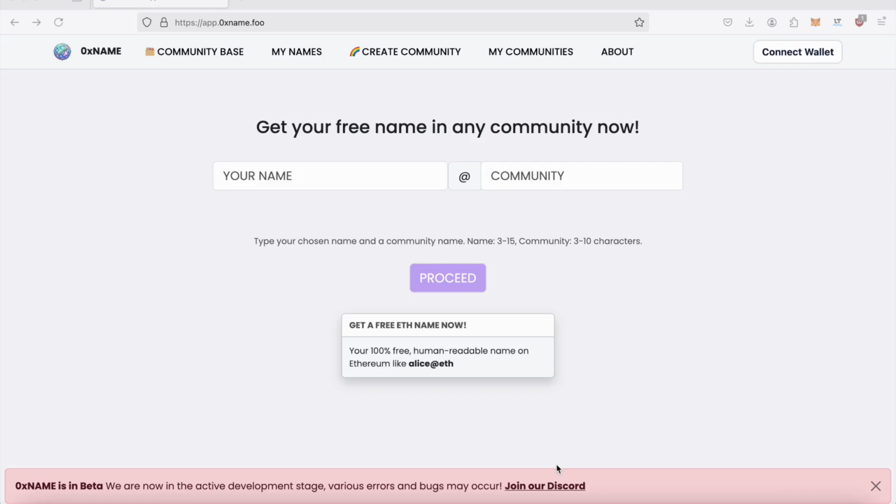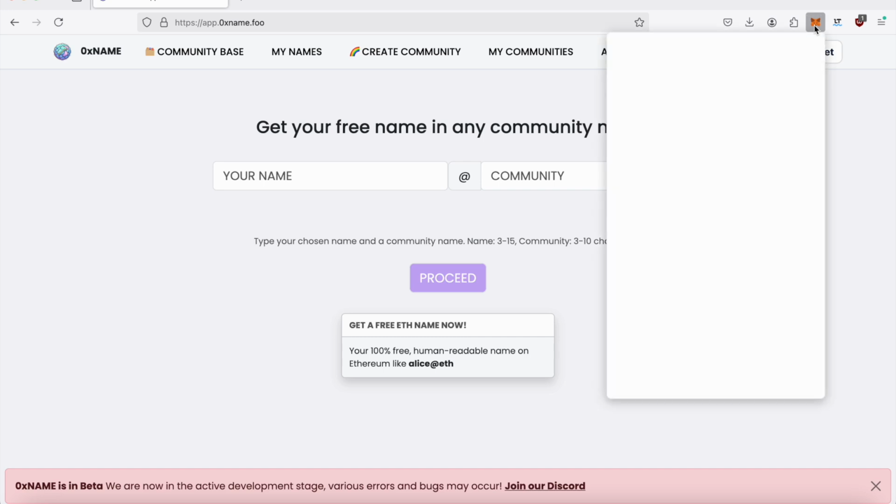I'm going to show you how to create your personal name via app.0xNAME.fu. You basically need a wallet, as usual, to interact with a blockchain, and in this case we will go through the whole video with a MetaMask wallet, and you will of course need to have some small amount of